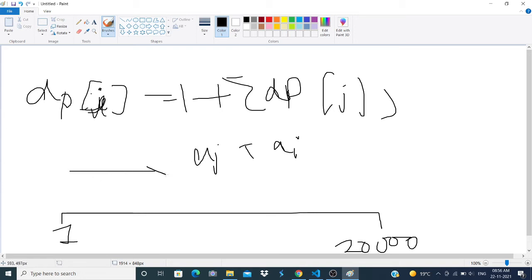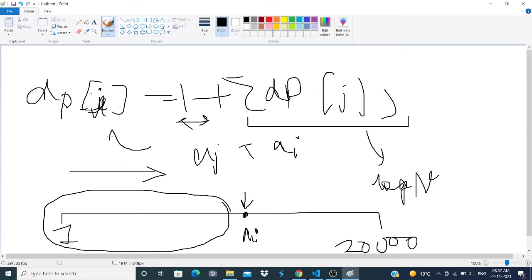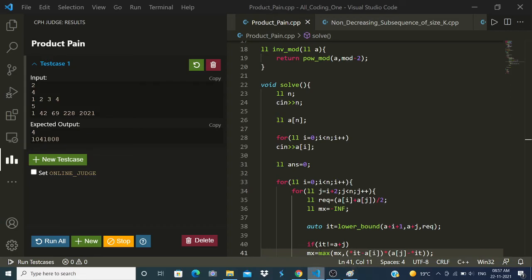We iterate from left to right, and whenever I am at a particular index ai, I query the prefix range 1 to ai minus 1 and get this sum in log of n time, right? Whatever result I get, I add 1 to it and say that dp of this index will be this. And I also update the value of that Fenwick tree at this index as well.